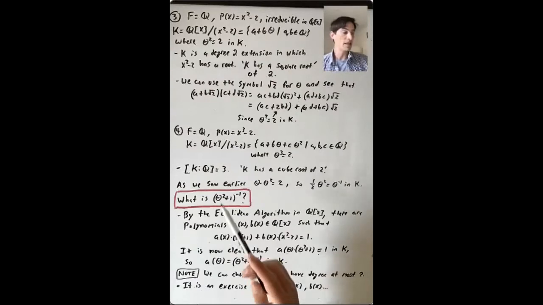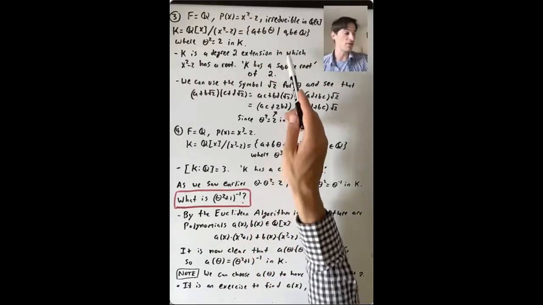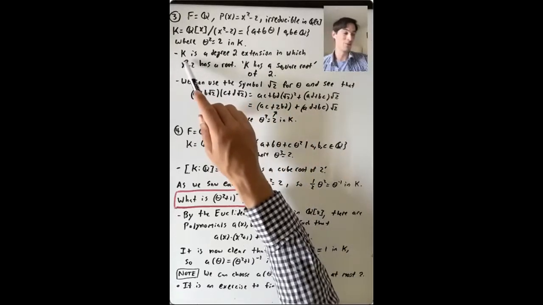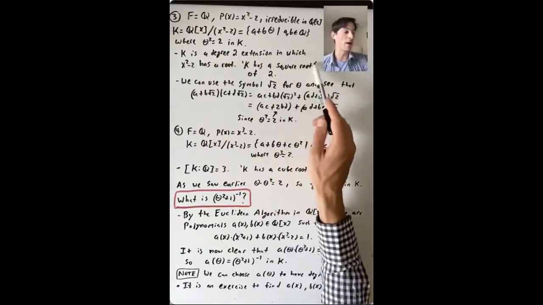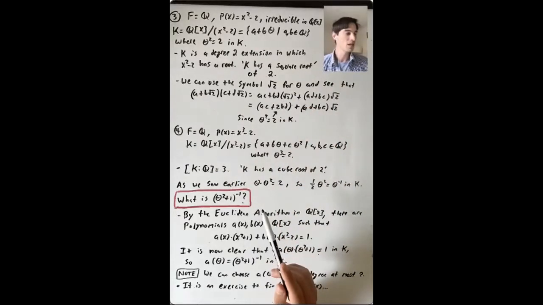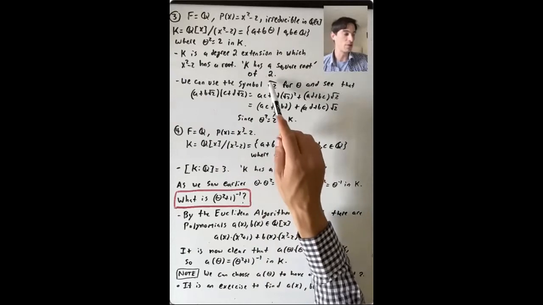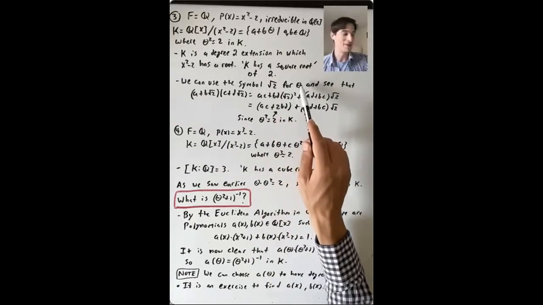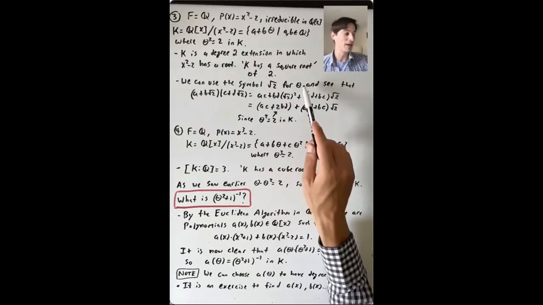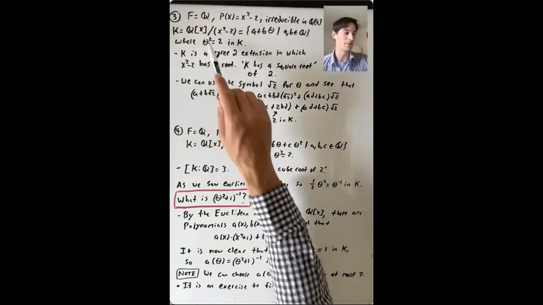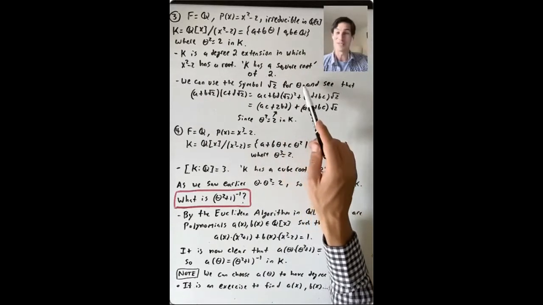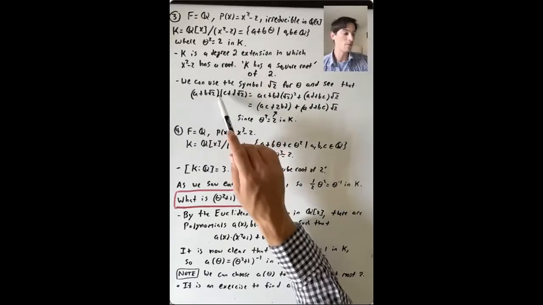So what is K? K is a degree 2 extension of Q in which x squared minus 2 has a root. What's a root of x squared minus 2? It's a square root of 2. So I'm using this a little informally right now. We can use this symbol, square root of 2, in place of theta. Because what is theta? It's some element in K for which theta squared equals 2. So if you put in this symbol everywhere that you would see a theta,